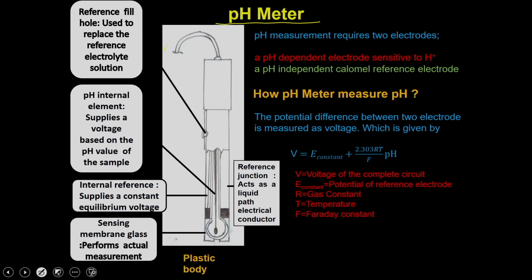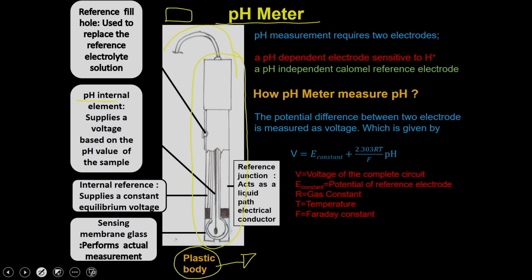So this is the typical pH meter that you have probably used or seen in your laboratory. Typically, pH meters are made up of either a plastic body or a glass body, depending on the type of pH meter. In a pH meter, you have a body or processing unit which is used for display purposes, and then you have the electrode which is used to measure the pH. In the pH electrode, you have two different electrodes.